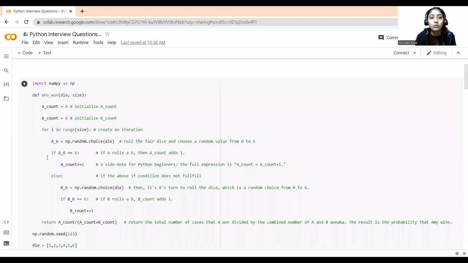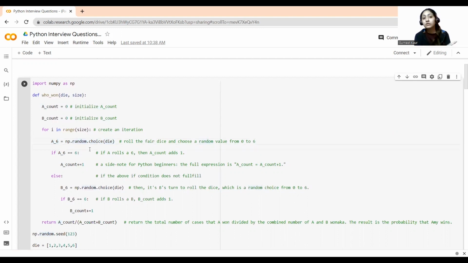So we'll take a variable a underscore 6 and we'll use random choice. This particular line is used to roll the fair die, and the random dot choice will choose a random value from 0 to 6.